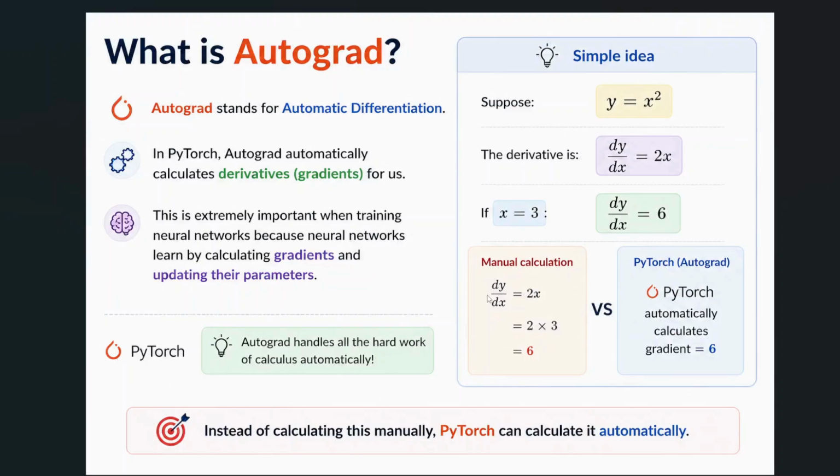In this video, we will discuss Autograd in PyTorch. So, what is Autograd? Autograd stands for automatic differentiation. In PyTorch, Autograd automatically calculates derivatives, meaning your gradients, for us. This is extremely important when training neural networks because neural networks learn by calculating gradients and updating their